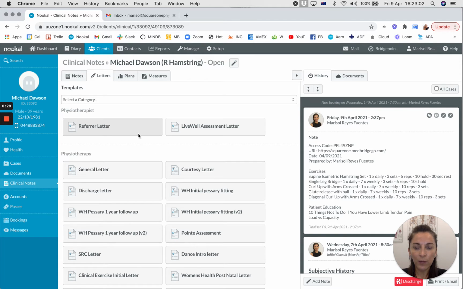In the letters tab we have lots of templates. We have a referral letter and a courtesy letter. The difference is the referral letter is for the GPs that have referred the patient directly to us or to Square One, and it's a letter back. The courtesy letter is for their GP that might not be aware they're coming to physio. They haven't recommended the physio, and we just want, as a courtesy, to let them know what the patient